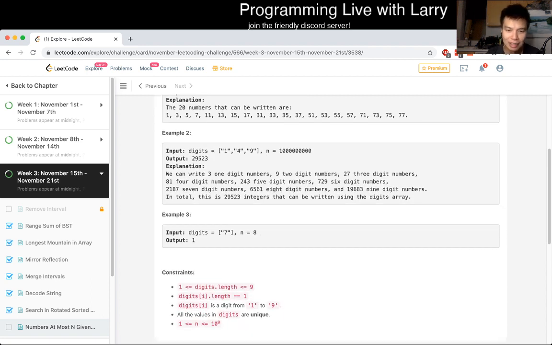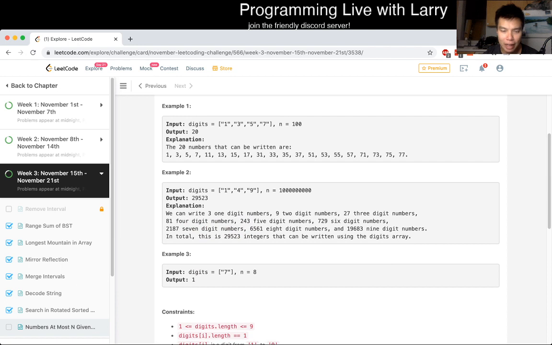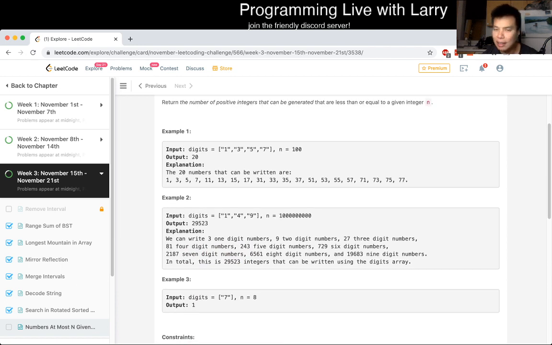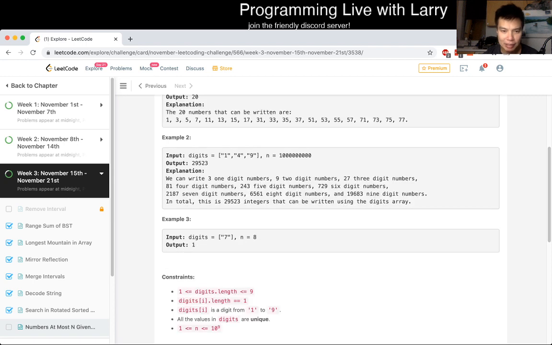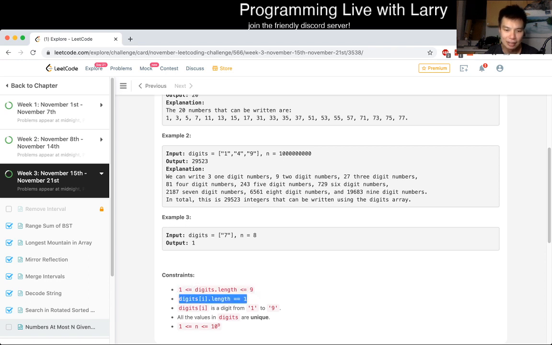So the first thing that I would do is figure out whether we have to do it exhaustively or do something more intelligently, right? Looking at the constraints and the example cases, these are kind of problems that are a little tricky sometimes, but given that n is equal to 1 billion, you probably cannot do it just with brute force, right? Because there could be all 9 digits, not including 0, and